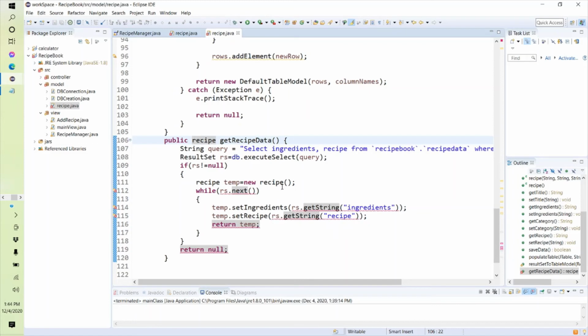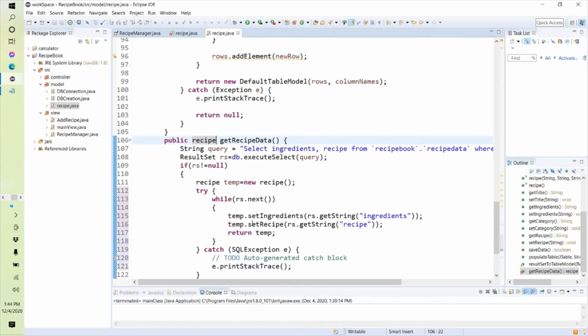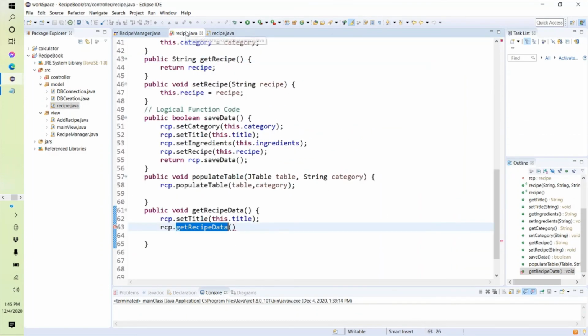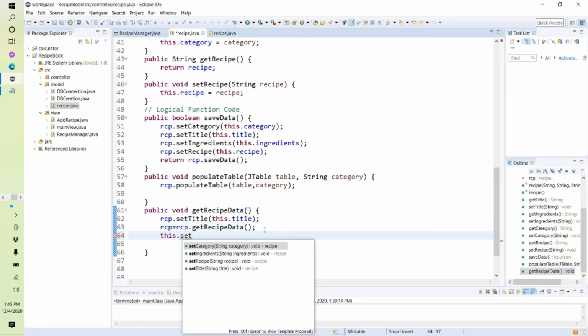So here, okay, it's asking me to surround it with the try catch block. So here we have surrounded it with the try catch block. It's done. So go to the recipe back, the controller recipe. Now it's returning me something and we need to get this data. So I will say RCP is equals to RCP. So whatever it's returning, it will get saved into the RCP. Now we need to save it into this so that we can return a controller object back to our view.